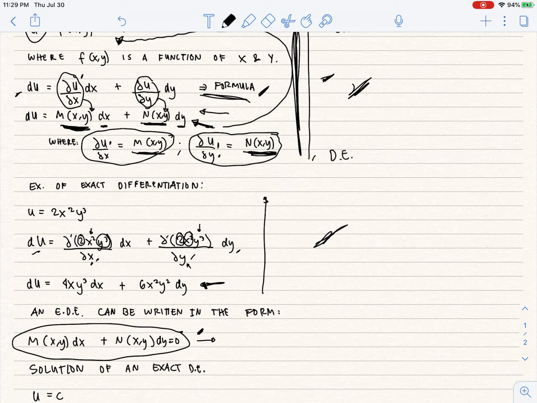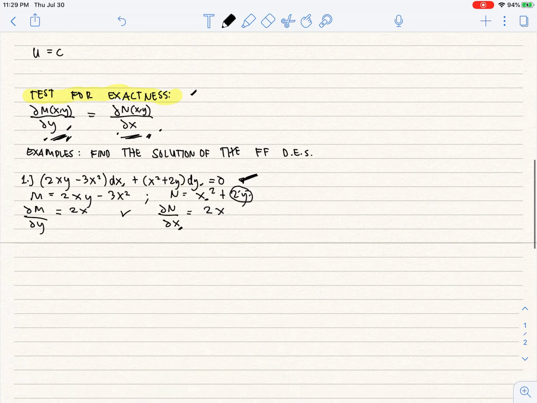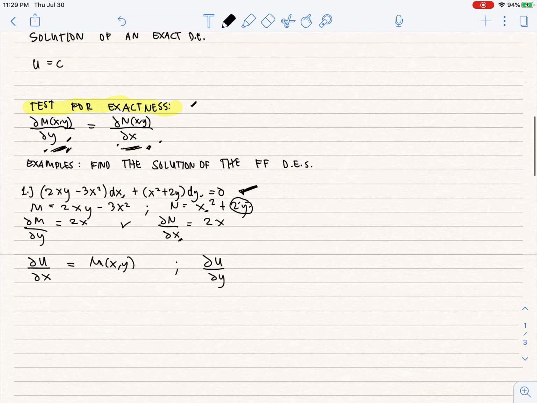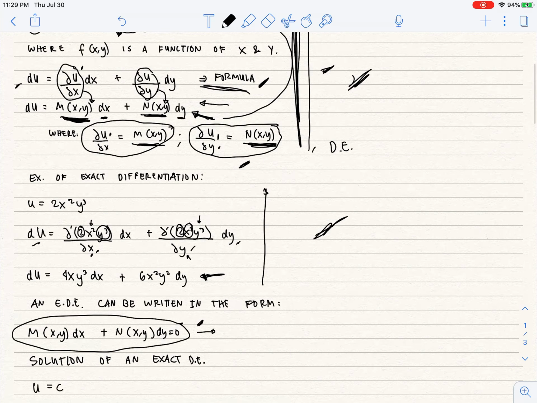Since we are reversing, instead of the partial derivative we will use partial integration. So the formula is the partial derivative of u with respect to x is equal to M of x and y, or this is just M alone. It's up to you. Then we use the partial derivative of u with respect to y,